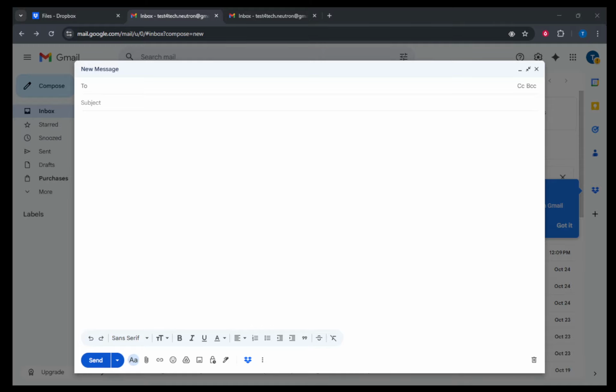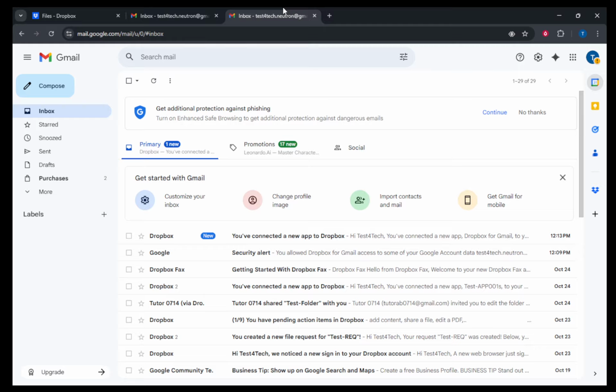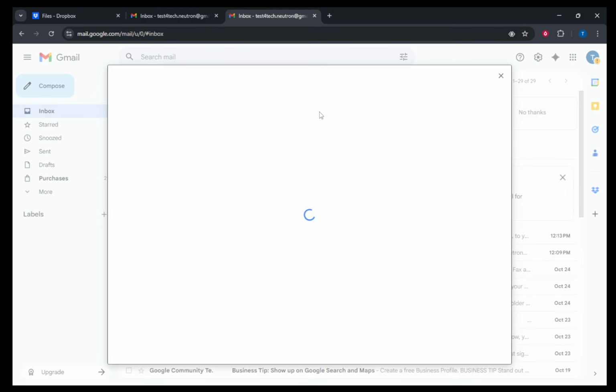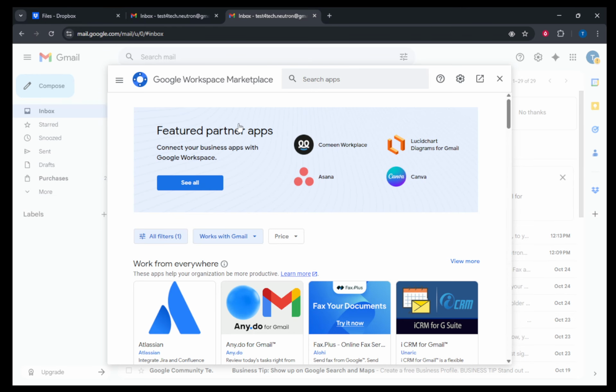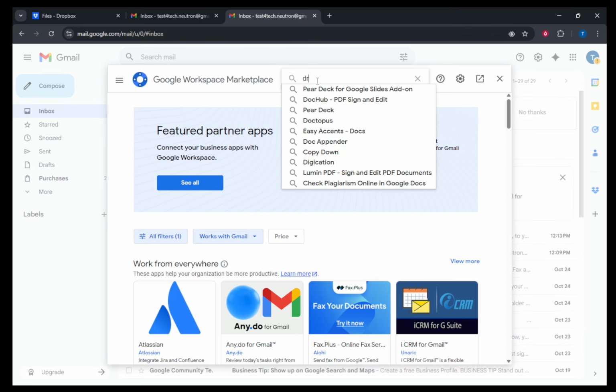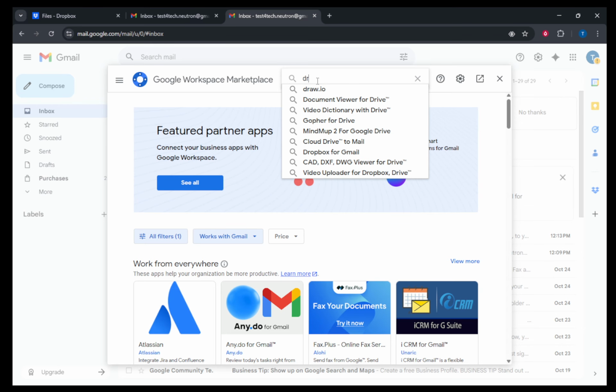In today's video, I'm going to teach you how to attach files from Dropbox to an email in Gmail using two different methods. The link share method, which is recommended for larger files, and a standard attachment method. Let's dive right into the first and most recommended method, which is sharing a Dropbox link via the Dropbox for